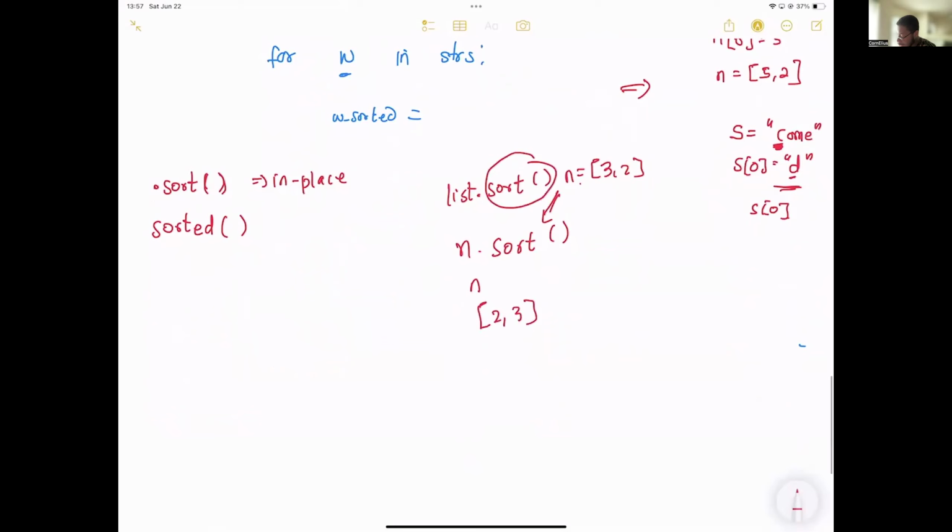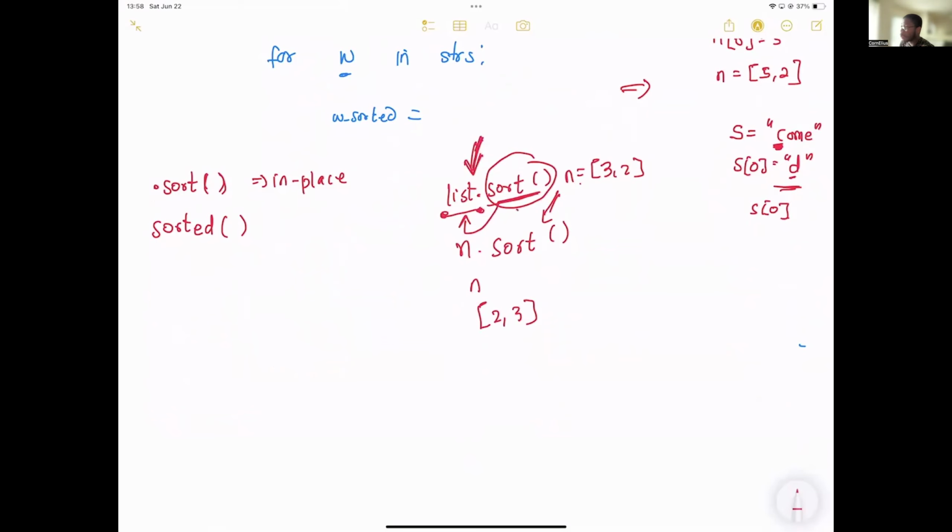It is a method. As you can see, you write the item here. So that's like applying dot sort to this. That is how dot sort works. It mutates the thing, it changes the thing it is being applied to. And it will work on a list. Why? Because lists are mutable.